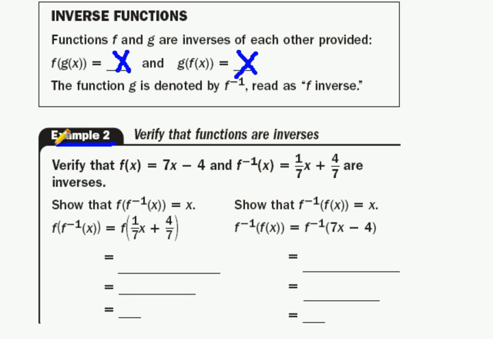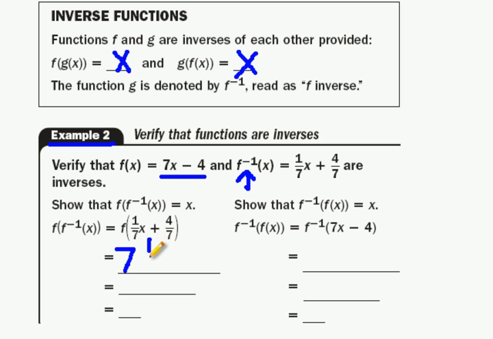On example 2 here, we're going to verify, which is another word for show yourself why it's going to happen, that f of x and f inverse of x are inverses of each other, besides the fact that it actually says inverse right there. So what we're going to do is find f of (1/7 x plus 4/7). And I look at function f, and if that's going to be my new x, then I'm going to do